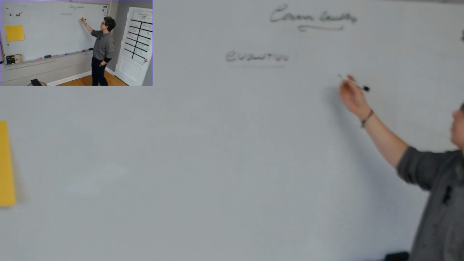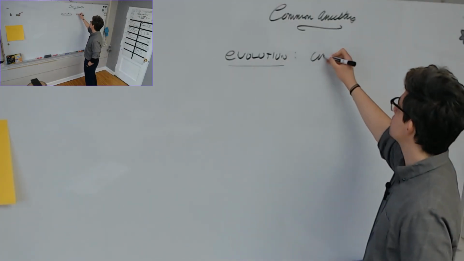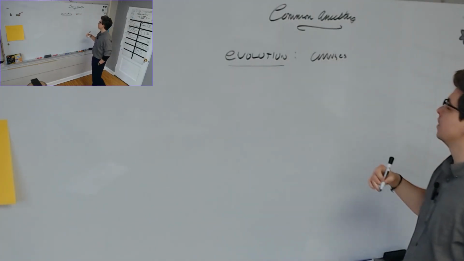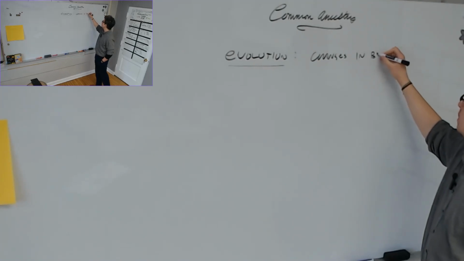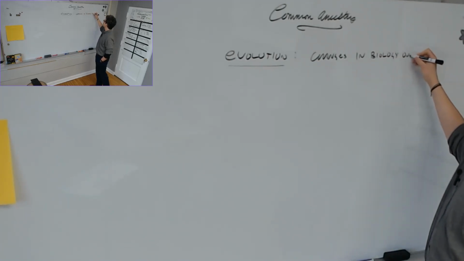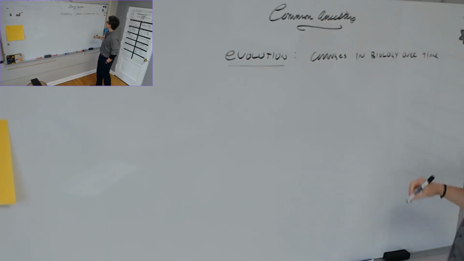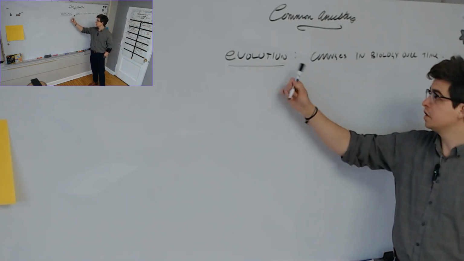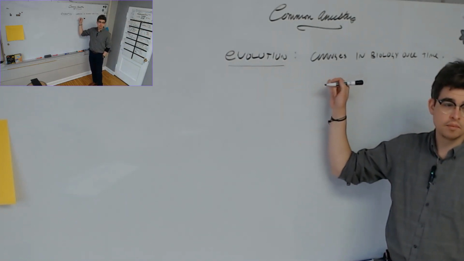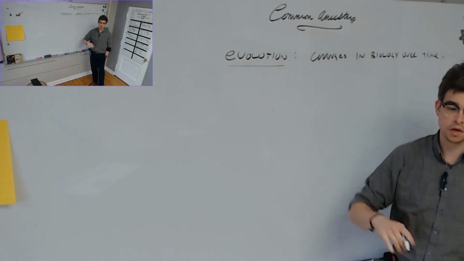And so we came up with this definition that it's changes. I think in the last video I said changes in allelic frequency, but in order to simplify things for your little 8th grade minds, we'll put changes in biology over time. Using this definition, we can demonstrate in a laboratory that this is true. If we use this pretty broad and maybe oversimplified definition of evolution, we can show that that is true in a laboratory.